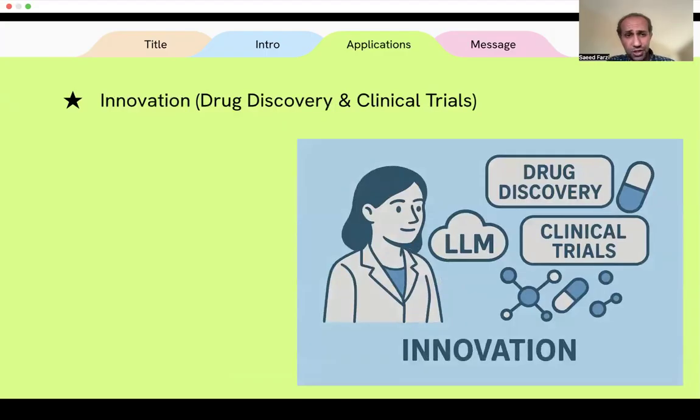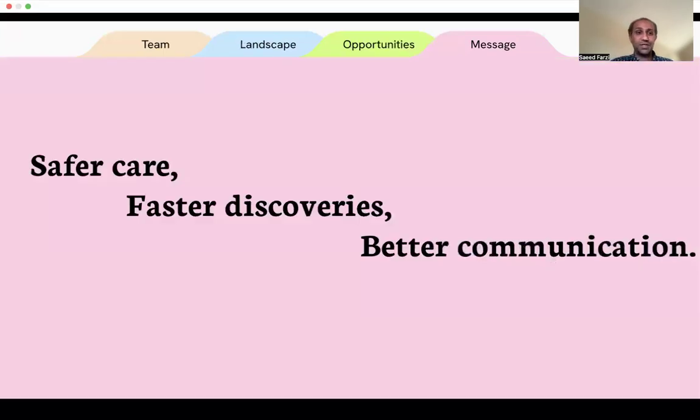Of course, with the help of medical ChatGPT, you can design drugs. One of the most important applications of chemical and medical language models is to represent drug-like molecules. They can overcome the complexity of drug discovery and make it faster. Of course, with medical language models, we can make treatment safer, make discovery faster, and make communication better.